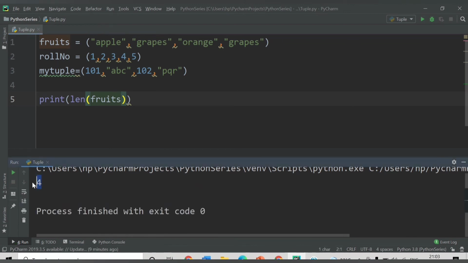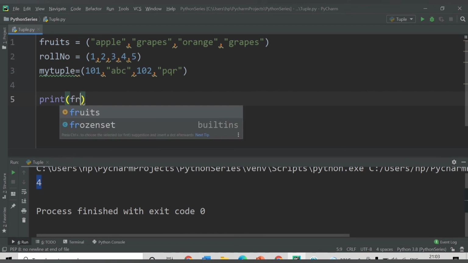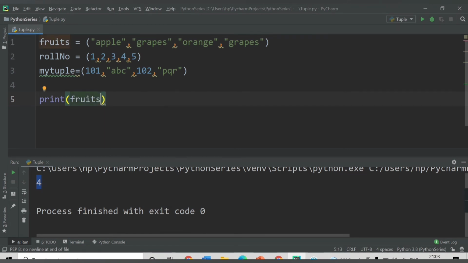See, we are getting 4. Also, if I try to print fruits, it should print all those values, including the duplicates. See, we are getting grapes here 2 times, so it allows duplicate values.